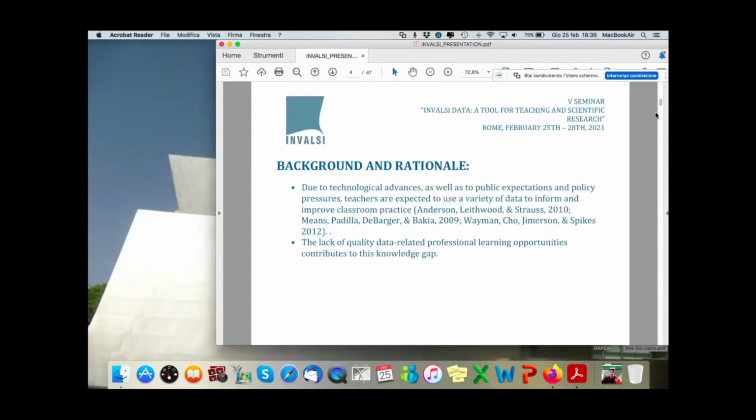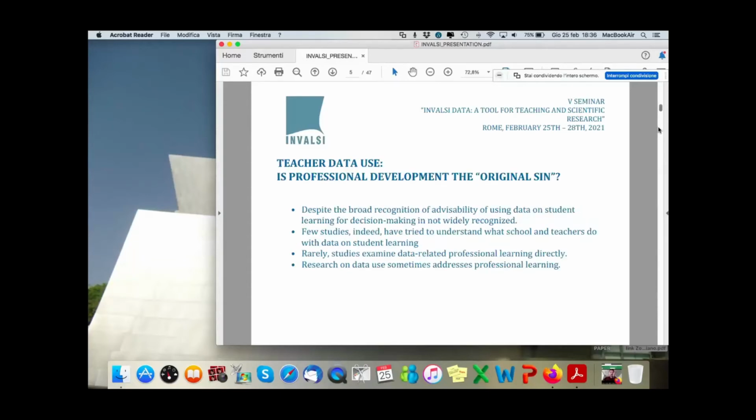We know that generally educators consider using data a difficult task, and they sometimes cite issues such as pressure, time, school leadership, school principal leadership, and of course a lack of knowledge about how to best use data to improve instruction. The literature on this topic is very large and differentiated over the years, and sometimes the professional development